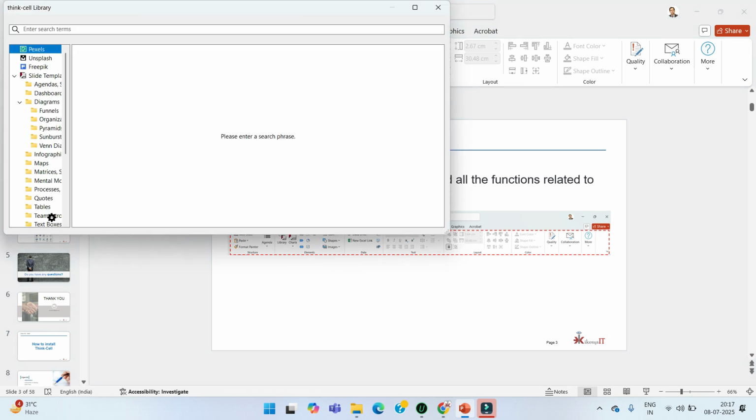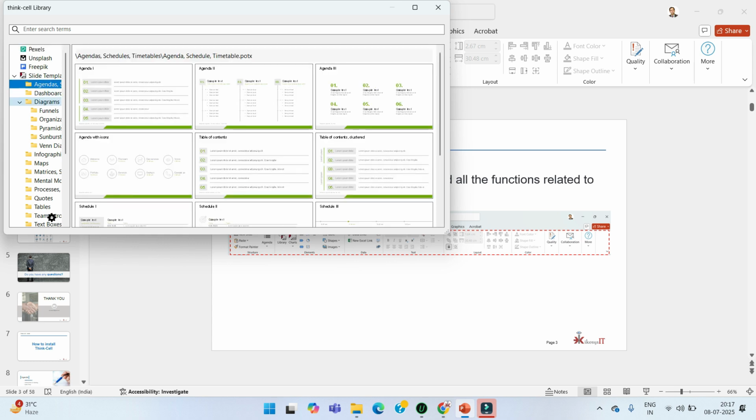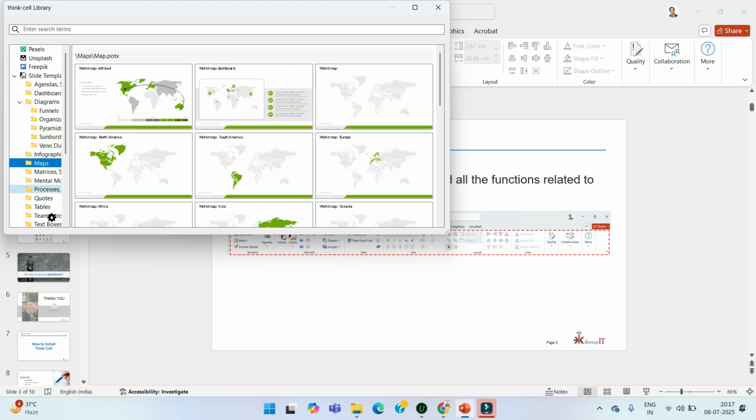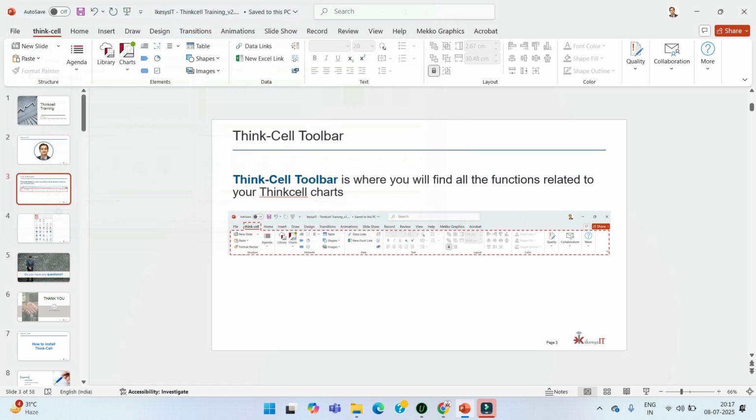So if you click over here, you can see multiple layouts that are already designed by the ThinkCell team. So I am sure that ThinkCell 11 does not have this library option.